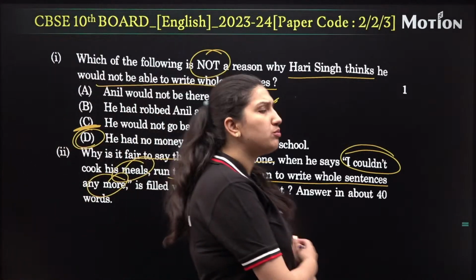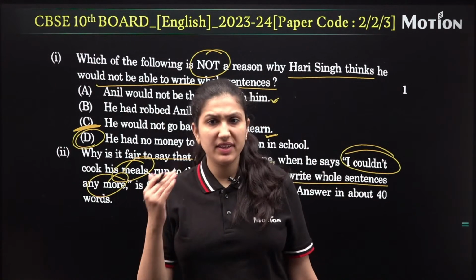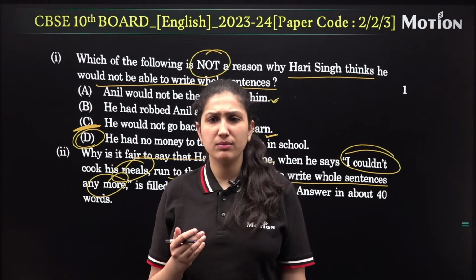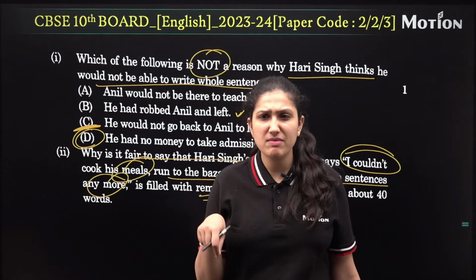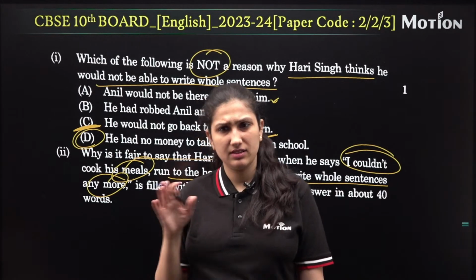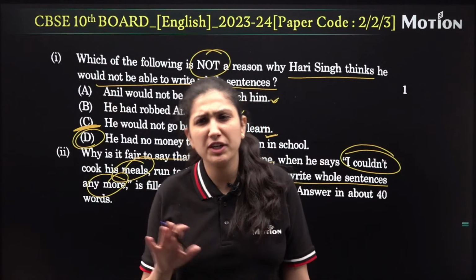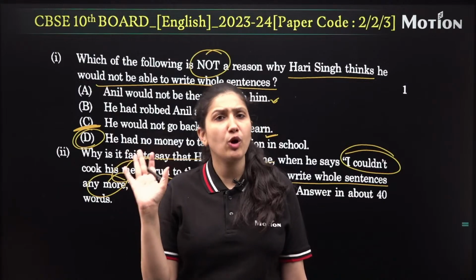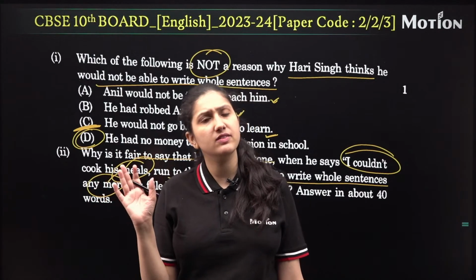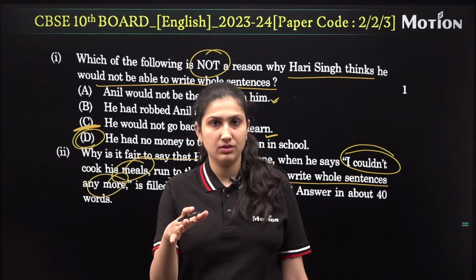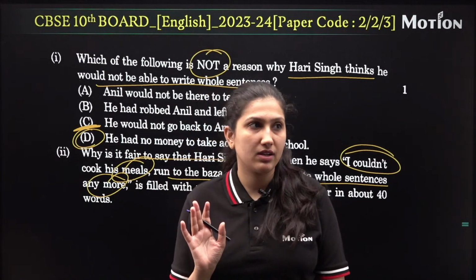According to me, he had no money will work, but we can see to this question. Wrong bubble you have done in your OMR sheet, sort of, invigilator wala. Cut it. It's fine. They will cover, they will manage it. No need to bother. See, whatever you have done, it cannot be changed, and they are very cooperative. These people are very cooperative. Invigilators are very cooperative, and they must have done something which is beneficial for you. Okay, it won't cut your marks.